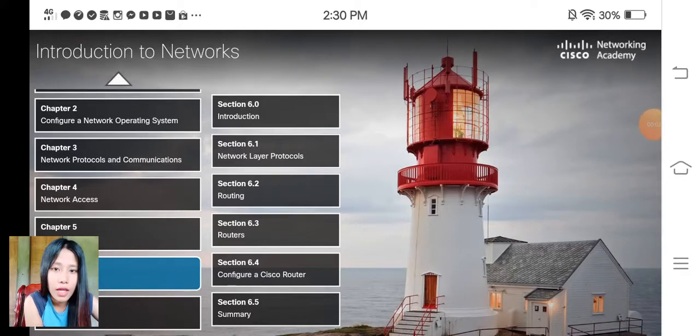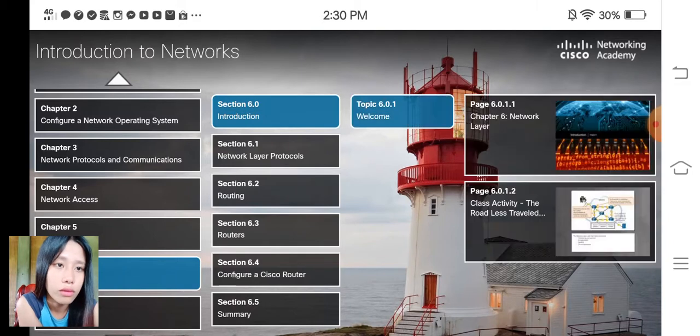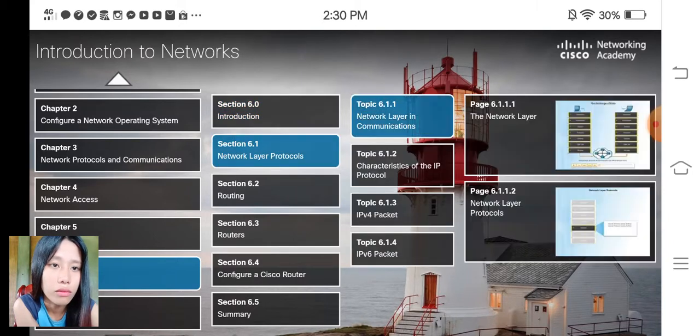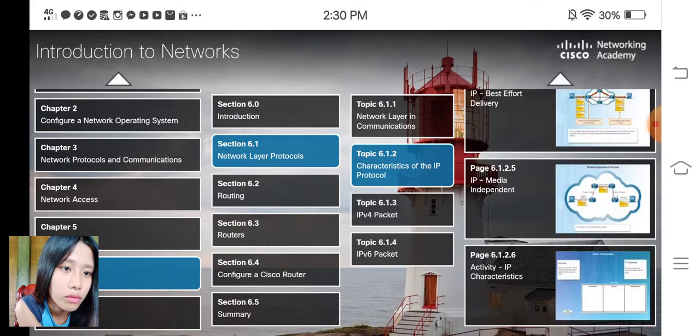So, hi guys, today I'm going to answer all the activities in chapter 6. First, I'm going to find the activity in chapter 6. The first activity in chapter 6 is on page 6126, entitled IP